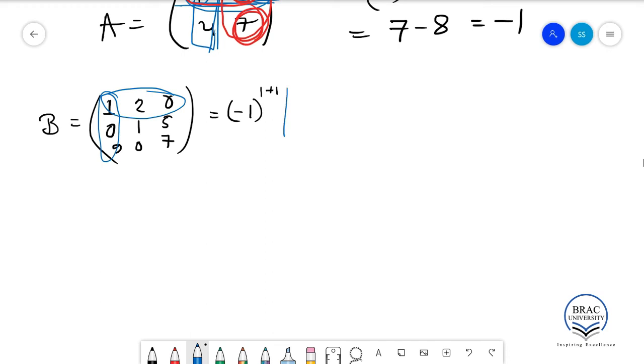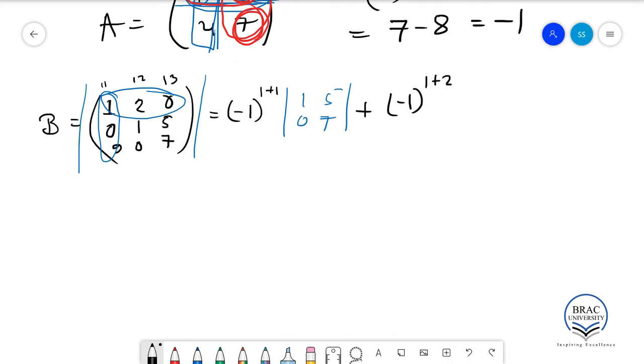So I write it like this: 1 5 0 7. That is, I have to compute its determinant, and let's just put it under this modulus sign. And then again, when we are working with 2, this is the 1 2 element. 2 is on first row and second column, so the R value is 1 and the C value is 2. So you put a plus, you put a -1 to the power 1 plus 2, and again,